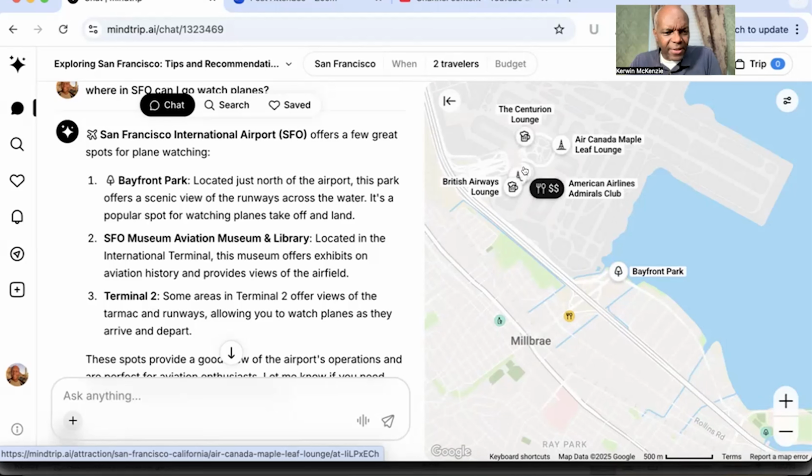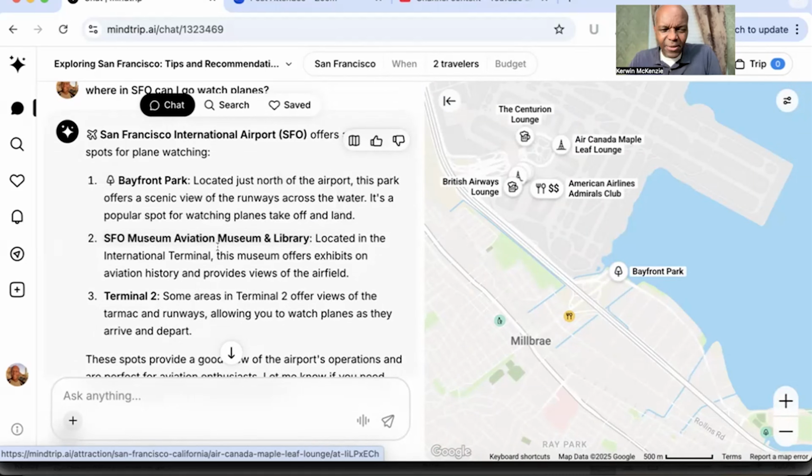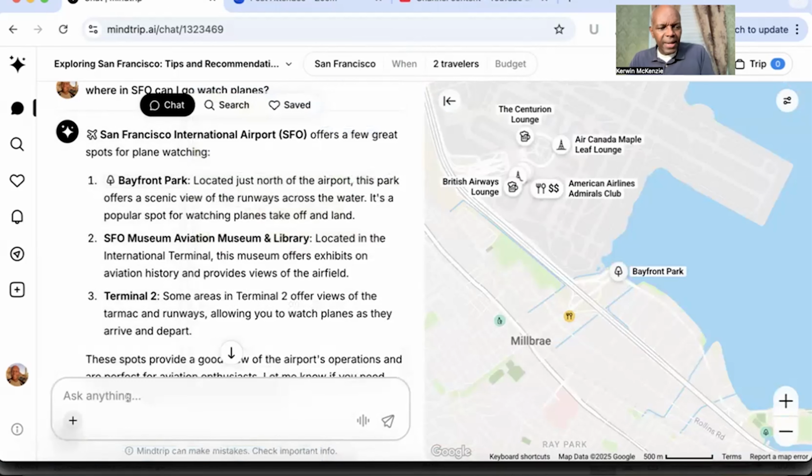And this is probably leftover from the other thing, though. San Francisco Museum, located in International Terminal, offers exhibits on aviation history. It's a really tiny museum, but you can see stuff in there. Terminal 2 offers views and the Bayfront Park. I'm going to ask now,